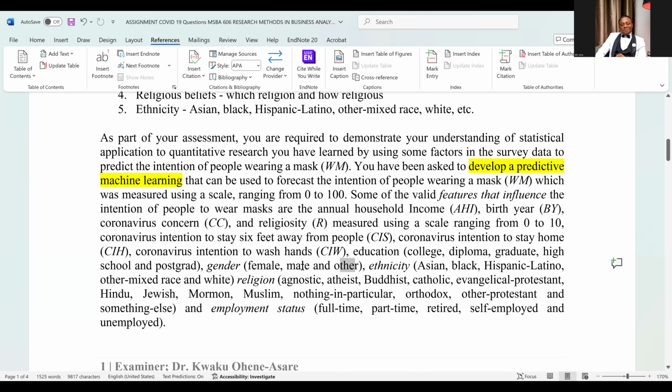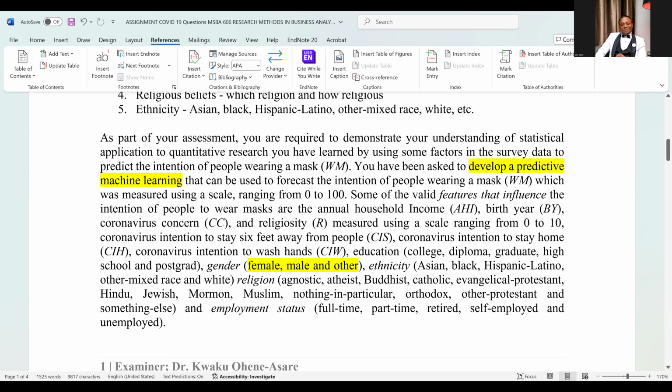And you can see that with gender, there is an other. So the gender is not just male and female, there is other. So take note. Ethnicity, whether the person is Asian, Black, Hispanic, Latino, other mixed race, and white. This is a global thing.